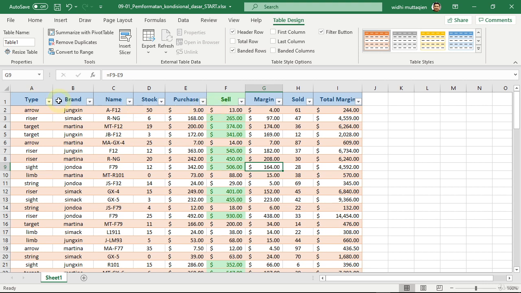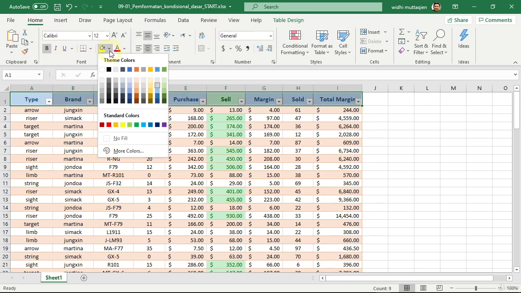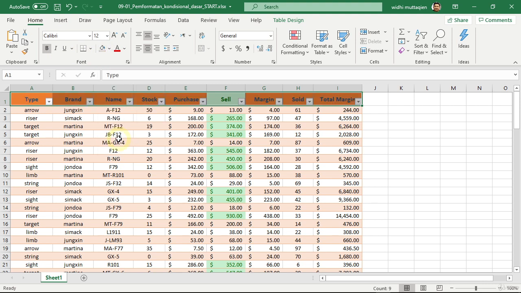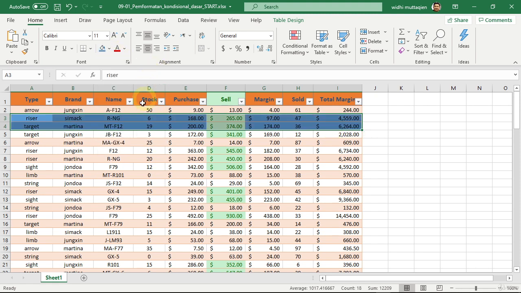Suppose I select all cells in this header. You can select cell A1, then hold Ctrl, Shift, and right arrow. Notice when I change this fill color to no fill, instead of these cells becoming transparent, they will turn orange, which is the color of the table style underneath. If I select these cells and change the fill color to blue, we can see that the table style will be blocked, but the style of conditional formatting remains unchanged.